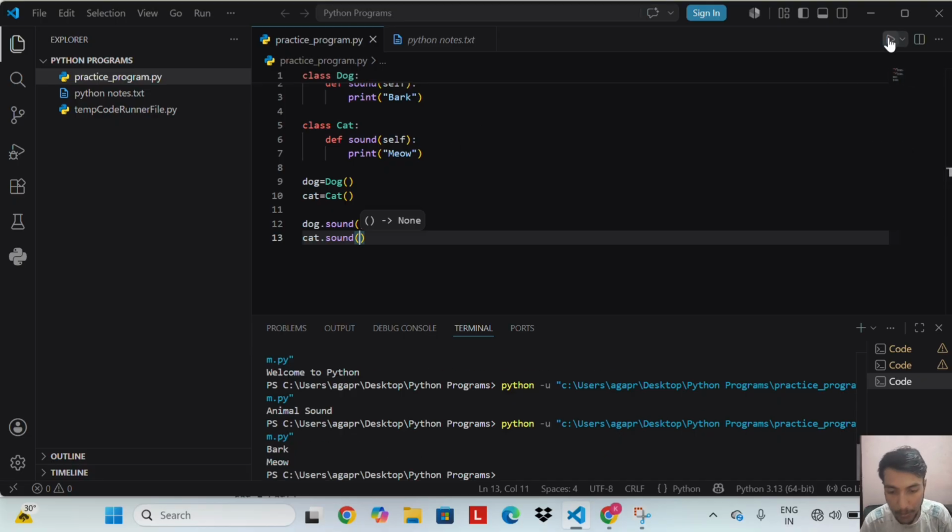Let's run this code. We get bark and meow as output.